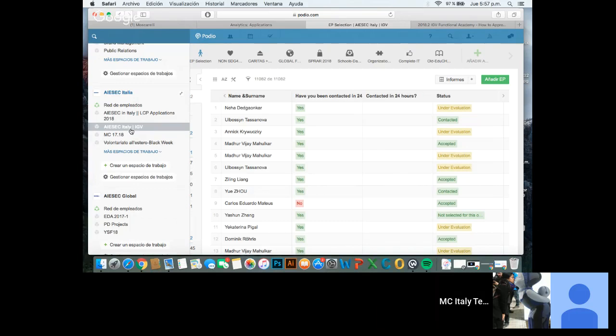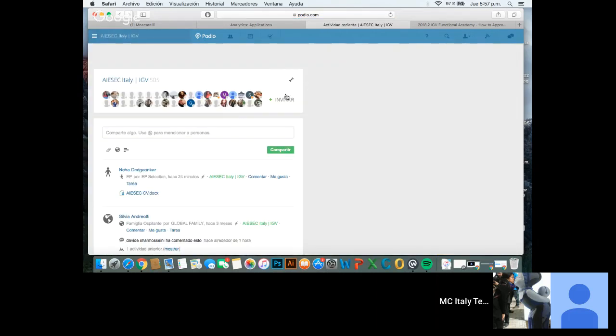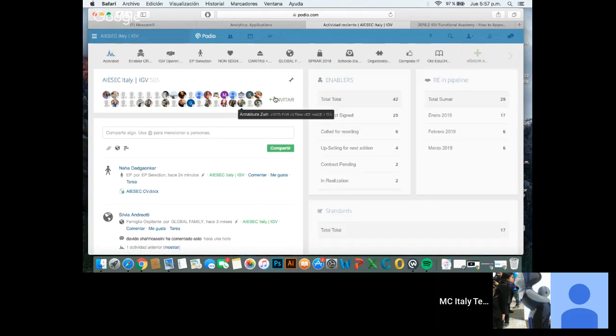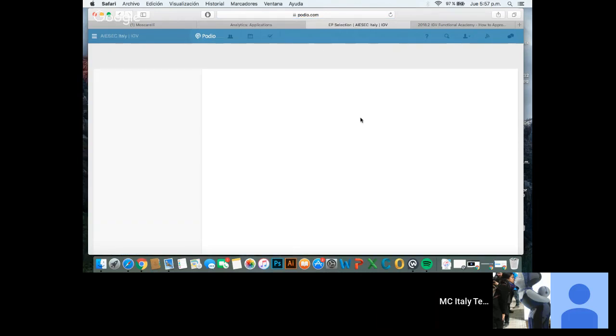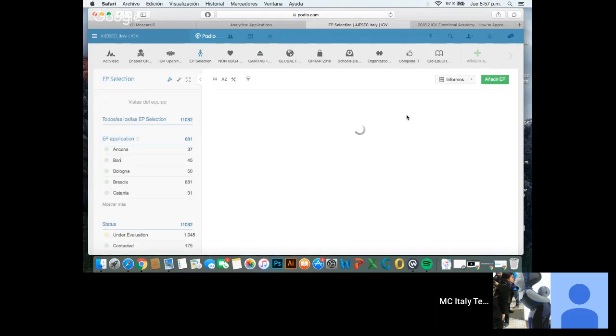I'm going to use IGV as an example because, as I was saying, it is the main network that is using Podio right now with these different features. So I choose the ISEC in Italy IGV space. Here are basically all the members, VPs, and team leaders of the network. And in this part you can check all the applications, the features that this working space has. If I want to check, for example, EP selection, that was the one that I was showing you before, and how to approve applicants,